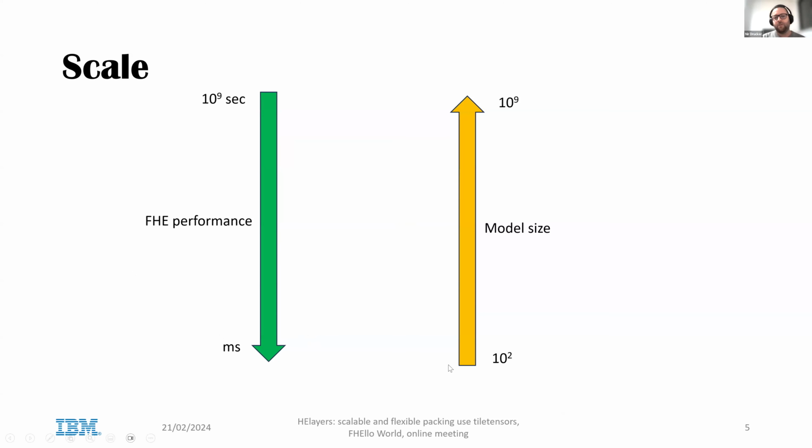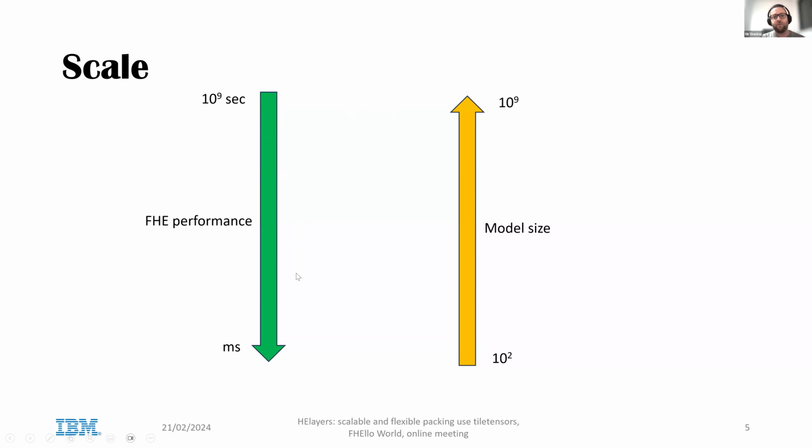On the other hand, when we talk about AI or machine learning, we are dealing with models of extreme sizes. If we started to implement FHE with models that are super small, with 2-3 layers of neural networks and hundreds of parameters, today we are talking about transformers that have millions or sometimes billions of parameters that we need to deal with. So we have these two activities going hand in hand.